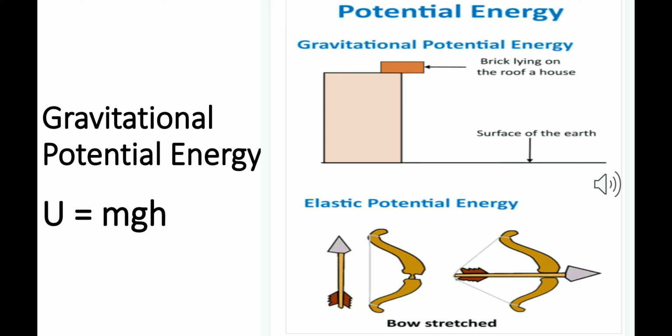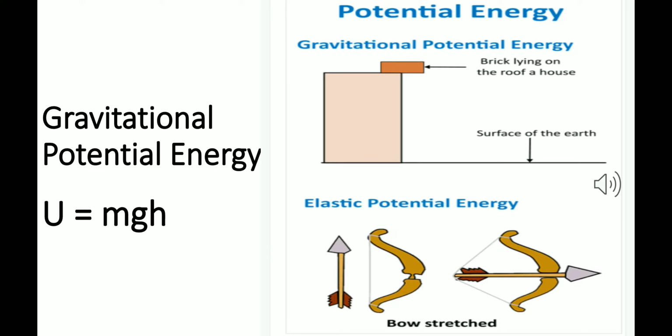So, due to the position of the body, the energy stored in the body due to the position of the body is known as gravitational potential energy, and energy due to the shape and size of the body is elastic potential energy. As we see in the diagrams here, there is a